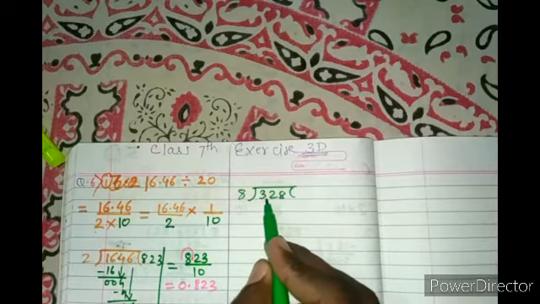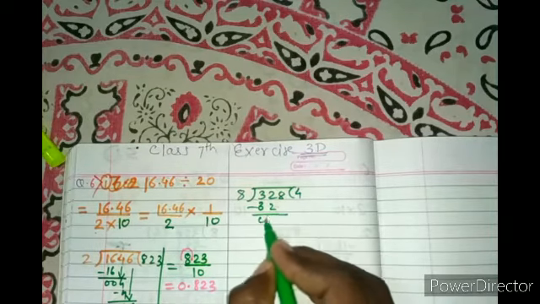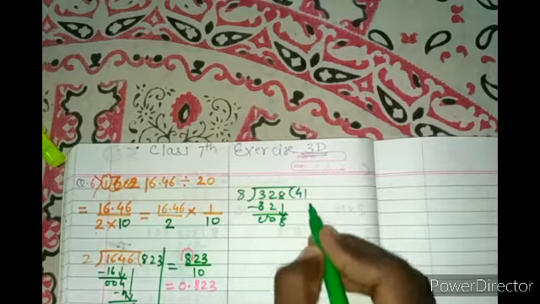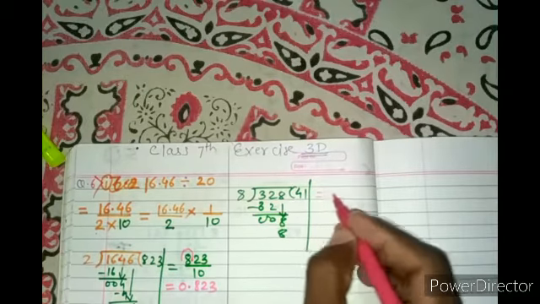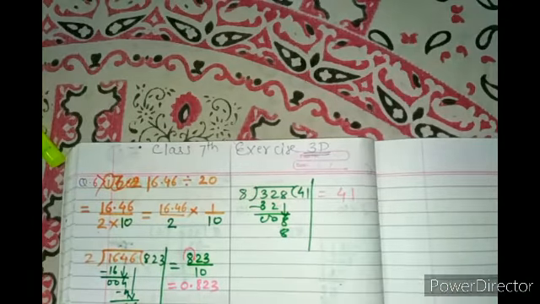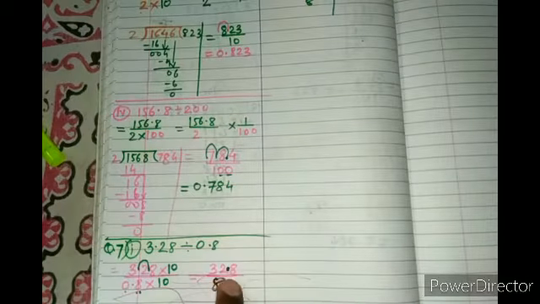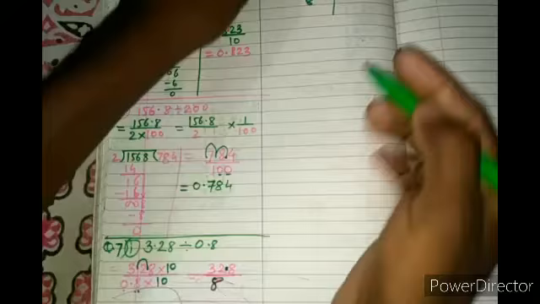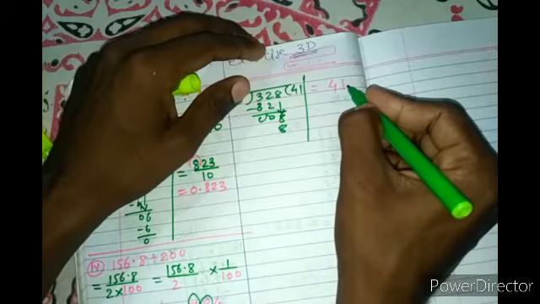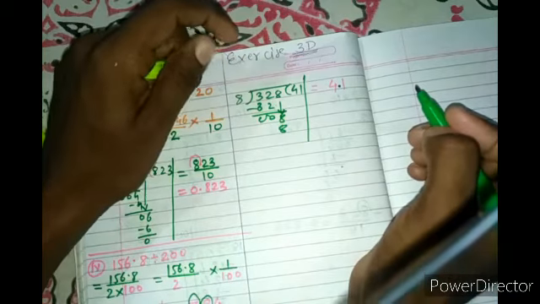After that we have to do the division. 328 divided by 8. 8 fours are 32. Then 8 ones are 8. Now the answer is 41, but again we have to put the decimal point. In our dividend 32.8, after the decimal point there is one digit, so I will also take one digit from the right side. So this is the final answer, 4.1.